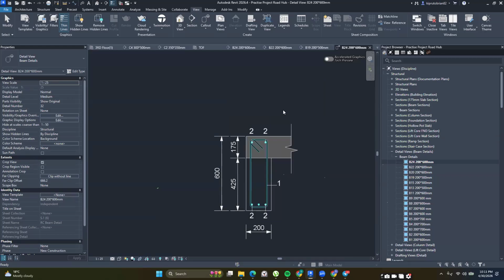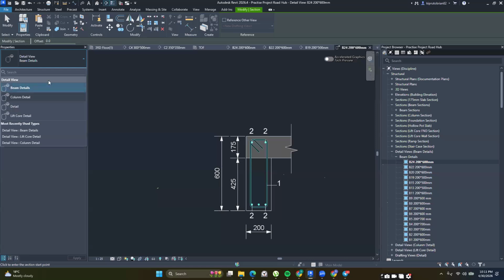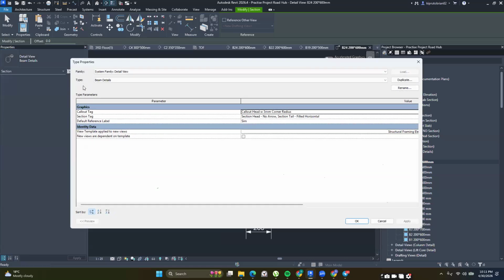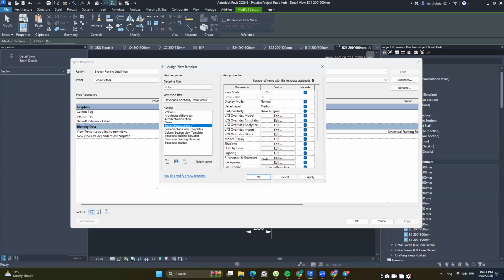View template. Okay, and you have that, and then just click on OK. And then to ensure it applies to all other new cross sections, you just go to the view section where you had created your beam detail view, left click on it and edit type. And then go to identity data, click on this icon and select your beam cross sections view template. Click on apply and